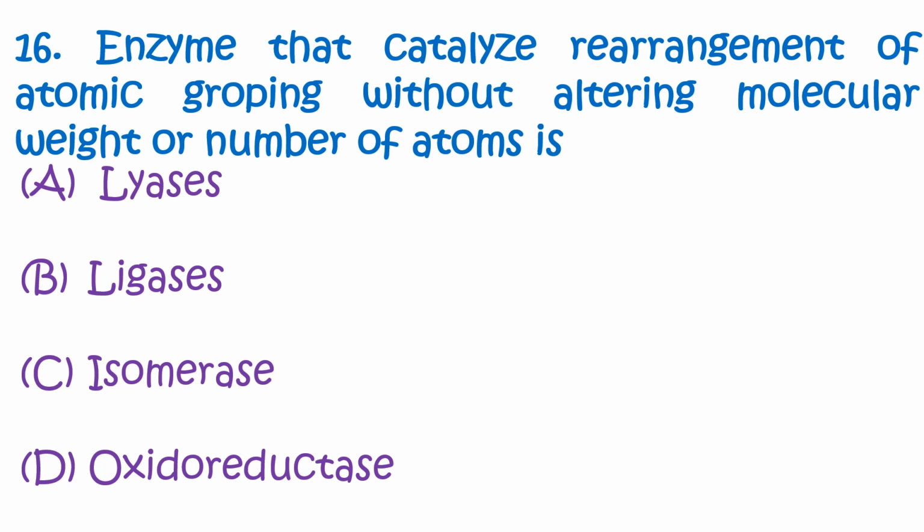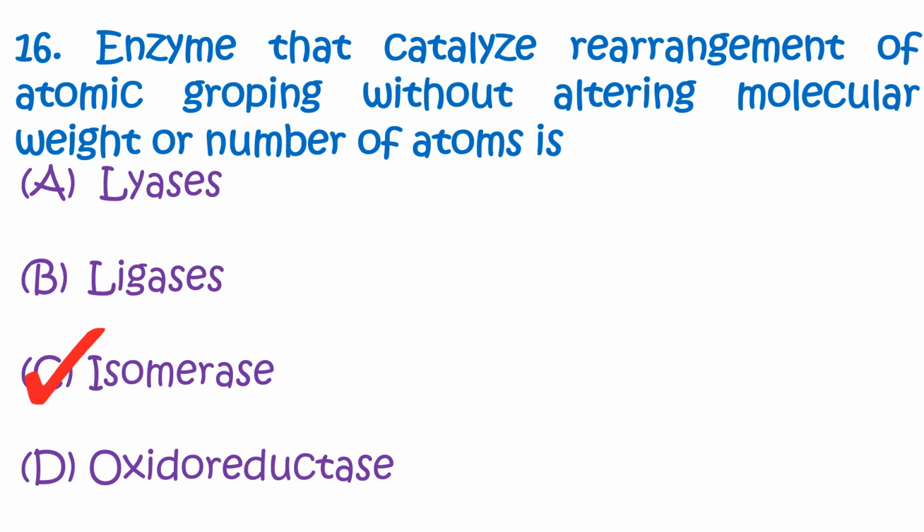Question number 16. Enzyme that catalyzes rearrangement of atomic grouping without altering molecular weight or number of atoms is: option A lyases, option B ligases, option C isomerase, option D oxidoreductase. And the correct answer is option C, isomerase. These are the enzymes that catalyze the rearrangement without altering the molecular weight or the number of atoms, and thus it is